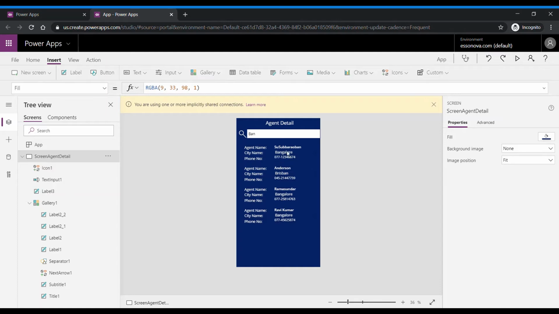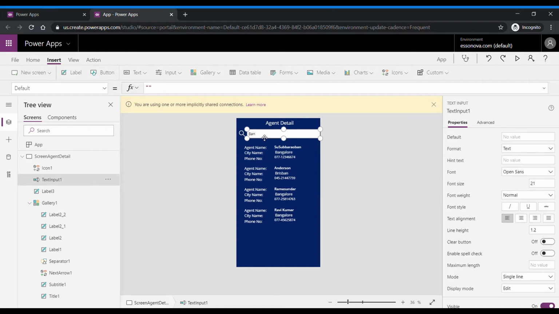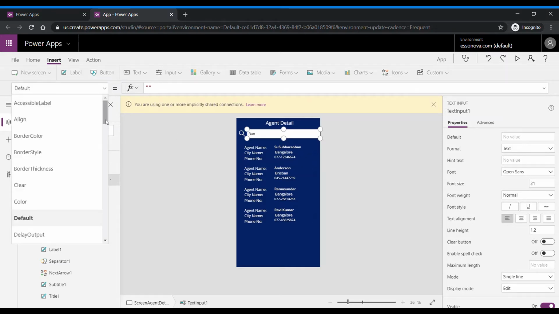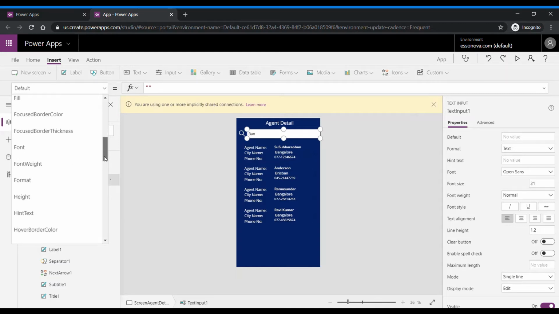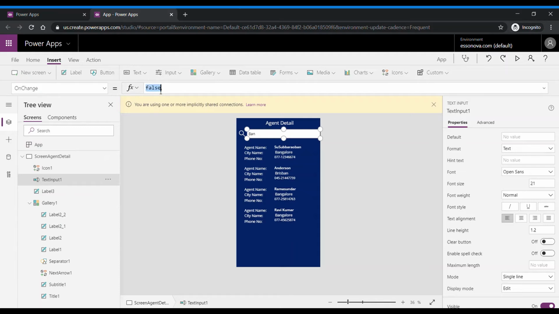So to highlight these, the first thing is we come here and we store that ban, our string text, to the variable. So select that, and when do we want to save that in a variable? When we change something, like whenever we enter a new string. So on change, we are going to put this,